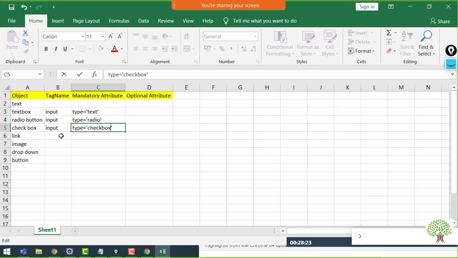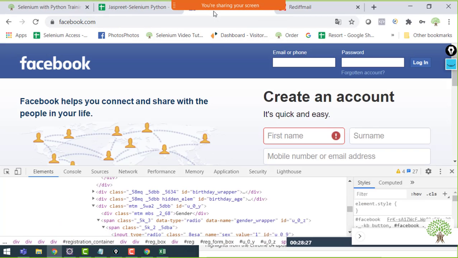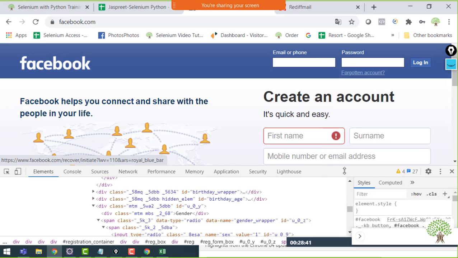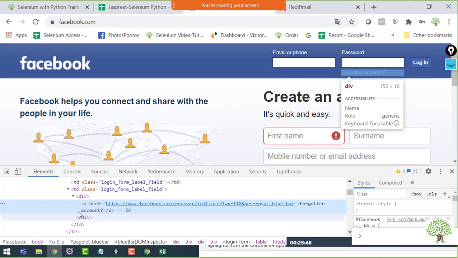Fine. Now moving further, we come to a link. I'll go back to the page I was using, facebook.com. Over at this page, I have a link for forgotten account, in case I forget my password. If I inspect it, the tag name that this link, or any link, gets is the A tag.